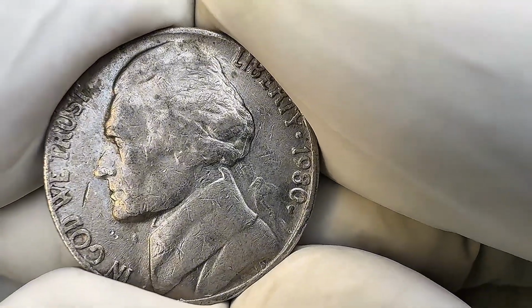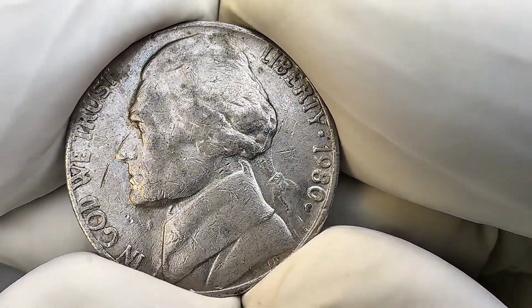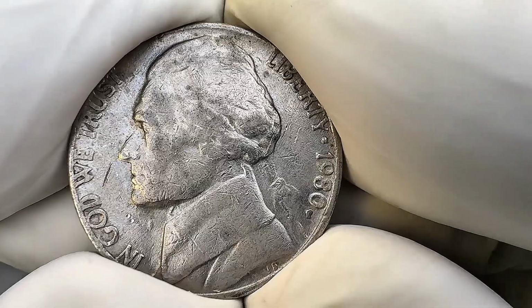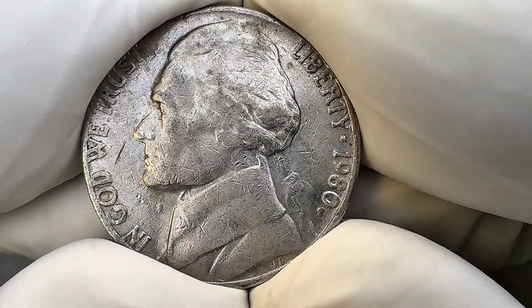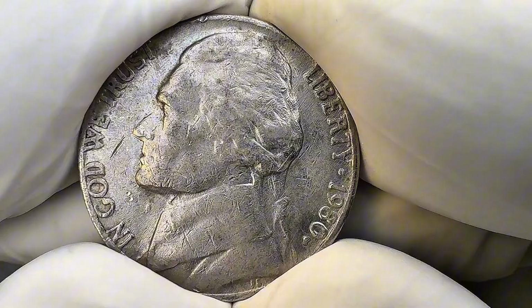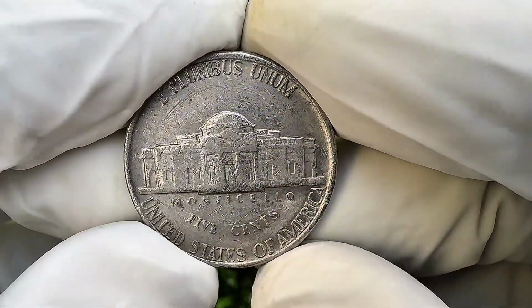elevate its worth significantly. In 1980, the Philadelphia Mint produced an astounding 593,004,000 Jefferson nickels. This massive mintage means that the majority of these coins are quite common, often found in circulation with minimal value above their face denomination. However, as with many coins, the devil is in the details. Collectors and enthusiasts have identified specific features and errors that can make a 1980-P Jefferson nickel stand out in the